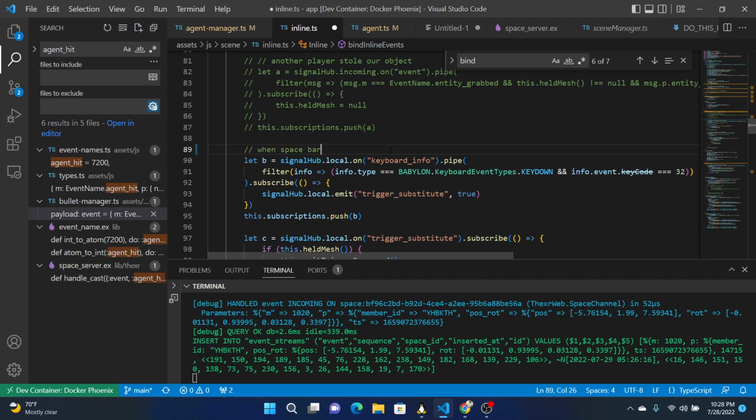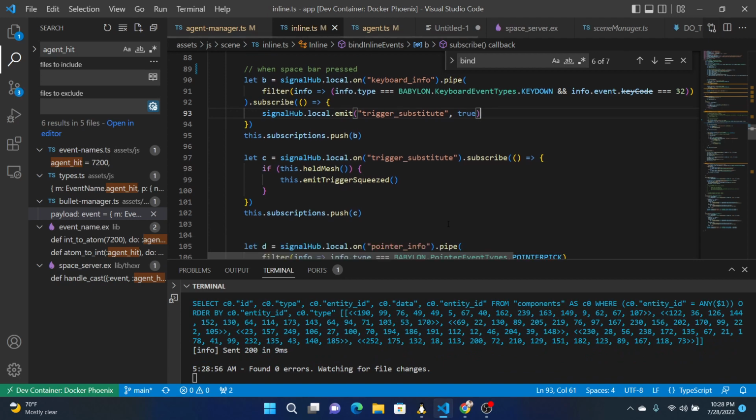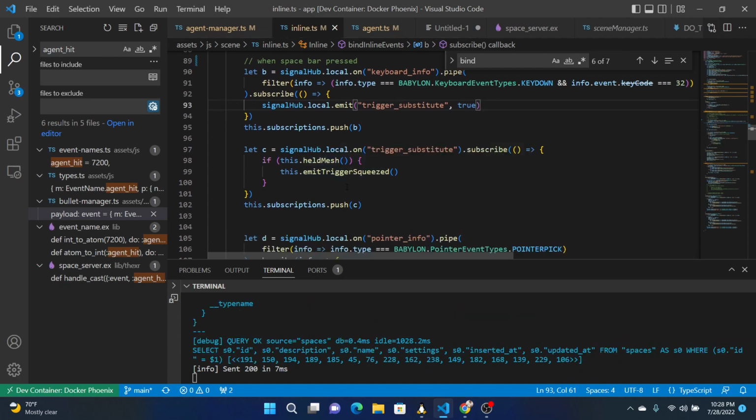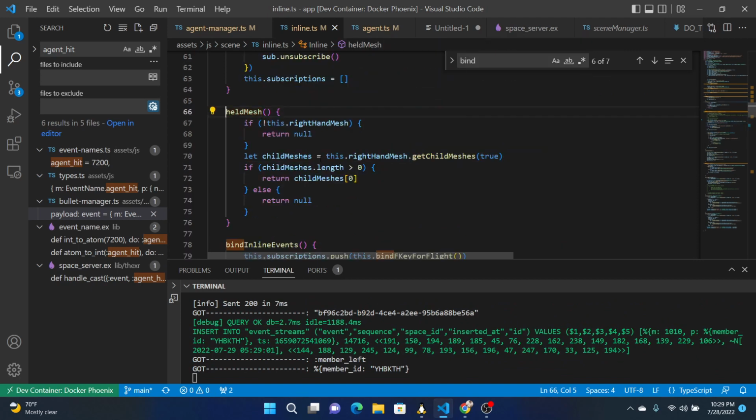When spacebar pressed, we're going to emit trigger substitute on local. And then we're going to listen for trigger substitute, because this could also be done through the joystick, maybe. Then if mesh held, then we emit trigger squeeze. So held mesh. If this right hand is not null,